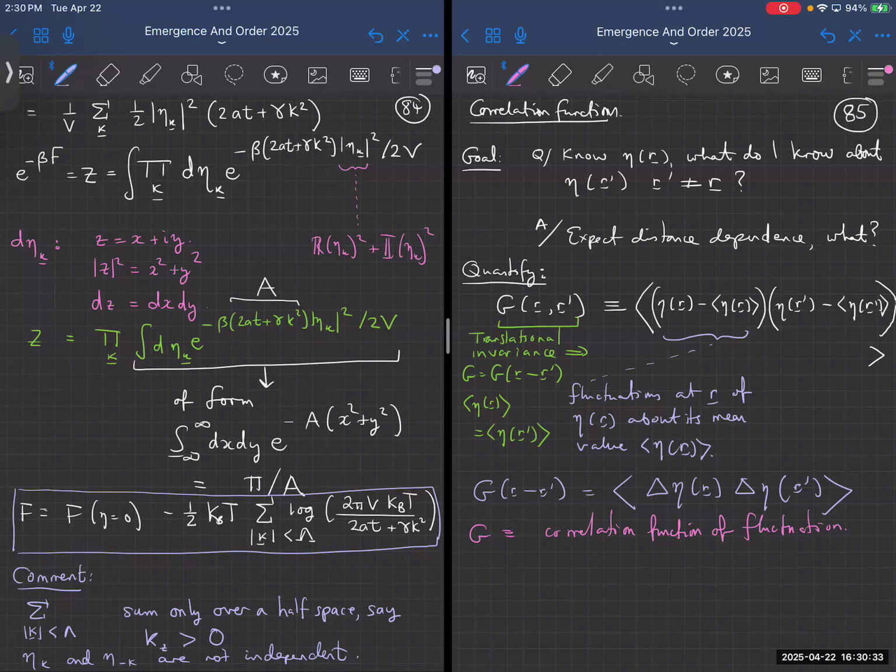If r and r prime are far apart and they're different, then when I average those out over the whole system, they're going to add to 0. If there are regions where r and r prime are strongly correlated, so wherever the fluctuation over here goes up, the fluctuation over here goes up, then I'm going to get a positive number. If over here the fluctuation goes down and the fluctuation goes down in the same way, I'm also going to get a positive number. So what's going to happen is that the dominant contribution to G